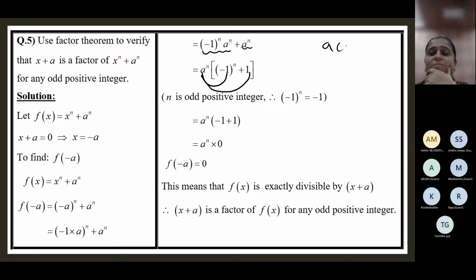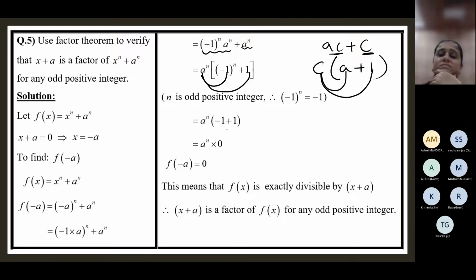So if you have like AC plus C, what will you do? C is common, then A plus 1. If you have AC plus C, C is common. C into A is AC. C into 1 is C. Similarly,